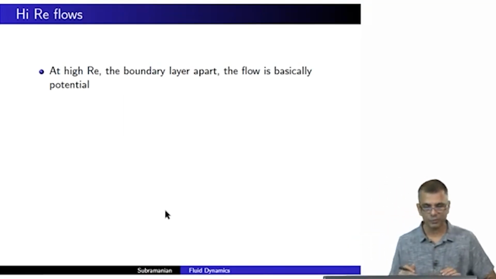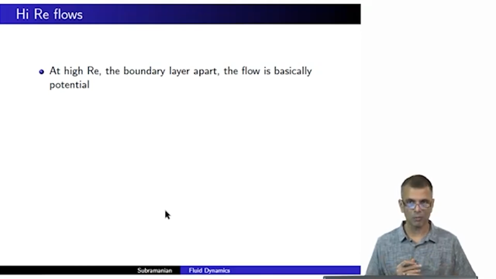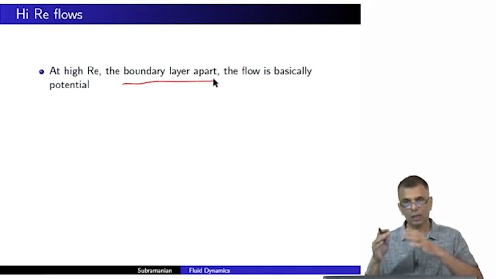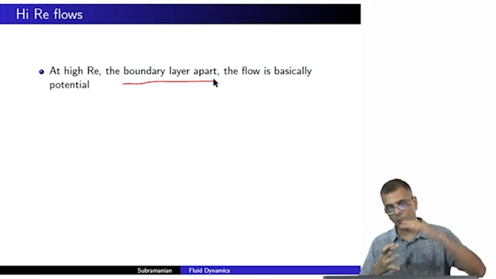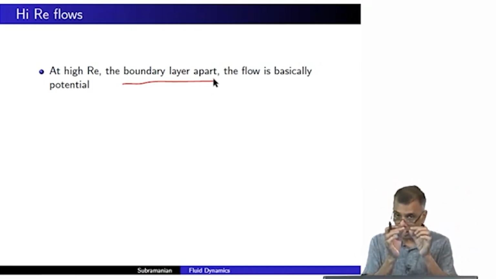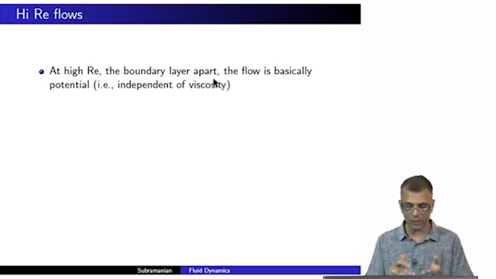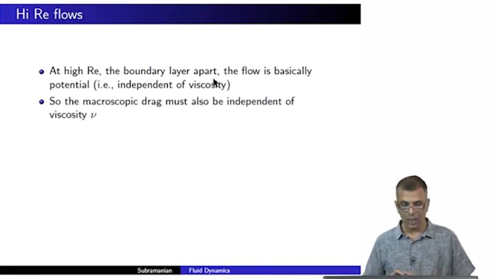Right. So when we talk about high Reynolds number flows, in other words, say high velocity flows, for instance, the boundary layer apart, and this is very important, except for the very thin boundary layer around the solid object, the bulk flow is basically potential. Okay, it's basically inviscid. So viscosity is not important in the bulk flow, it's important only in the thin boundary layer around the solid object. Yeah, so the flow is basically potential, in other words, independent of viscosity. This is saying the same thing. And so,